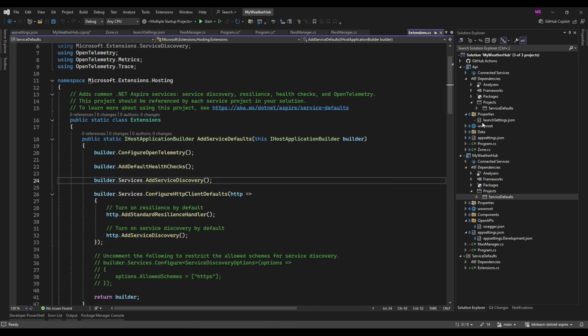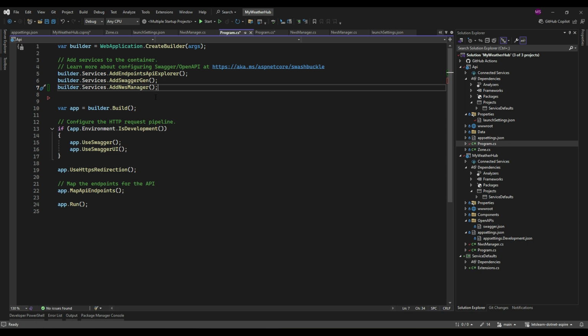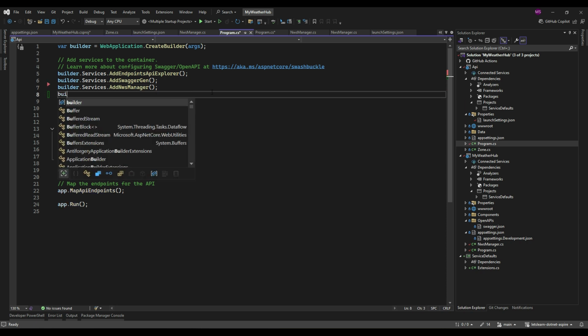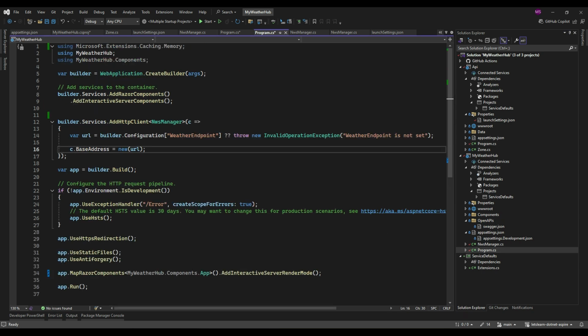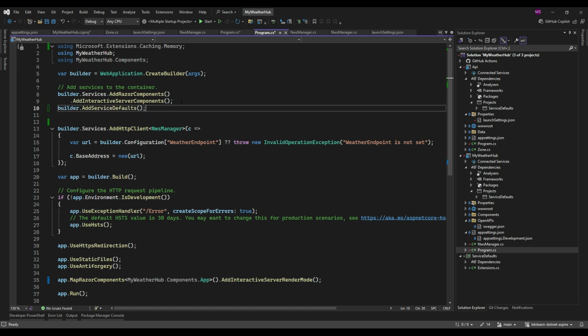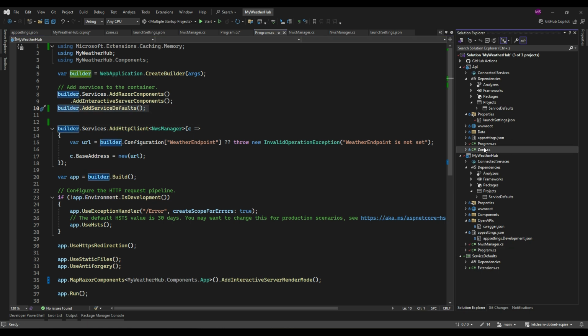Now I need to make sure that my application knows to use those smart defaults, so I'm going to go into Program.cs for the API, and I'm going to add those service defaults. So I'll just go up here and say builder.AddServiceDefaults. I'm going to grab that statement because I want to do the exact same thing over in my website. So my website can do the same things as my API and have the telemetry, the health checks, and resiliency. And that's it. I added two lines, one to each of my two projects.